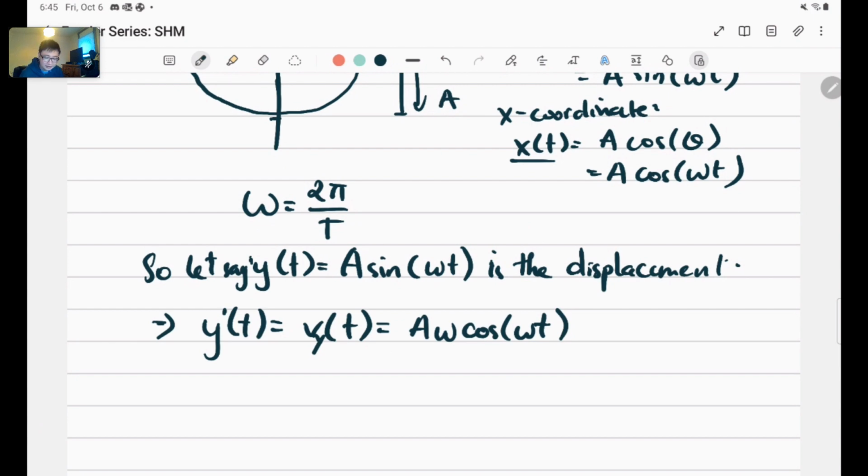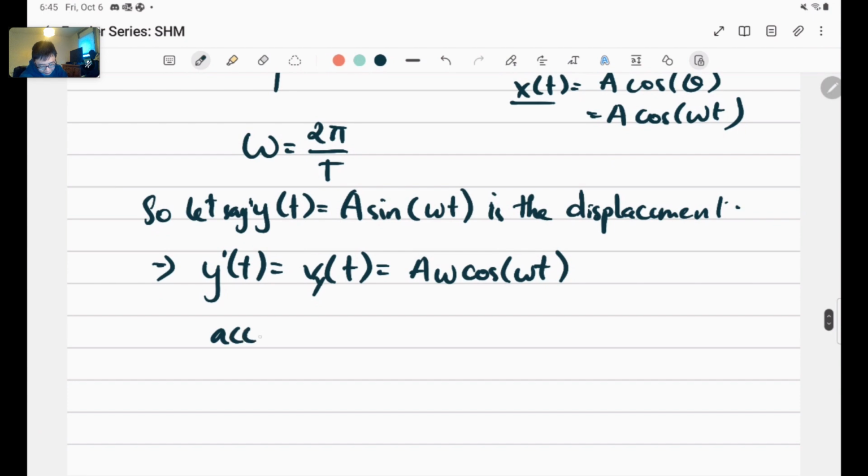Okay, and similarly, if you want to find the acceleration, you take the second derivative of the position, or the first derivative of the velocity v_y(t), and then you get the acceleration. In the end, I'll let you work that out. So the acceleration is